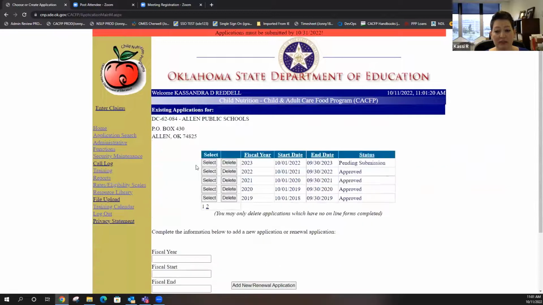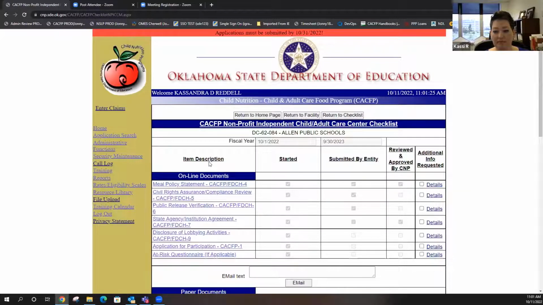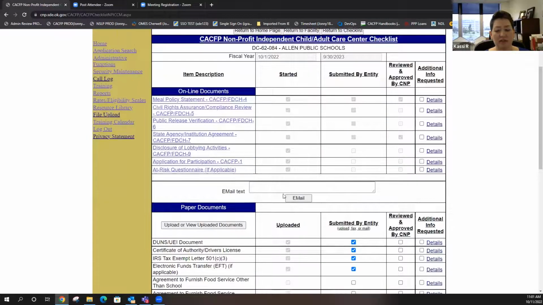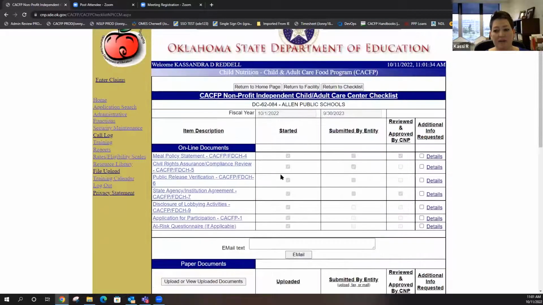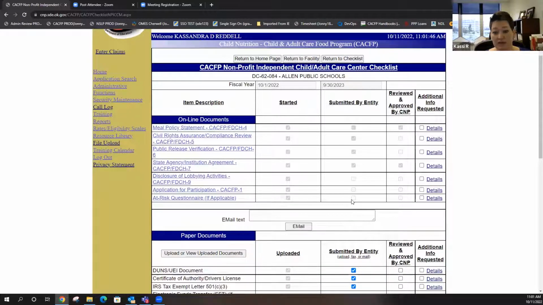Those free applications, I'm assuming it's okay for me to open up your application. If not, say so now. It doesn't show when I go back to your checklist that you started. What shows on mine, all these have checks on it. So this means if you go in there and open it and do anything, this check will be checked. And then obviously once you submit, these will be checked.